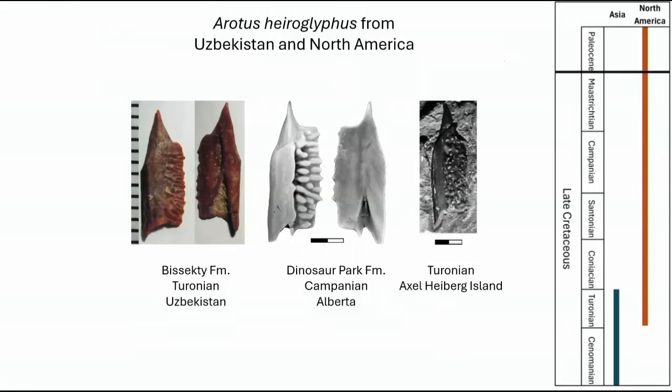Again, Arotis is one that I mentioned earlier. As well as occurring in Dinosaur Park, it occurs in a Turonian locality in the high Arctic, on Axel Heiberg Island, and in North America extends into the Paleocene. So this is an interesting fish from its distribution and it would be really nice to know what kind of fish